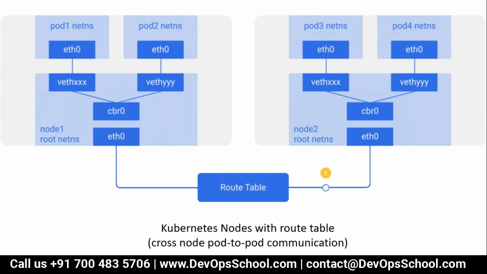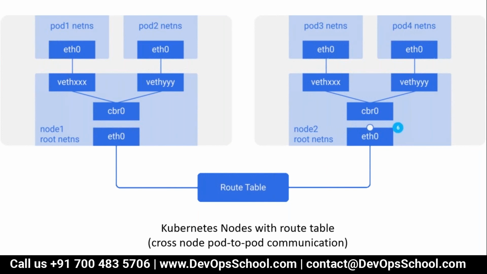Kube-proxy says, I don't know that IP address. So it sends it to ETH0, which is the host network. The host network sends it to the route table of the host network. The route table says, okay, I know that this IP address is in the CIDR range given to this node, so they'll send it to that particular node. From that node, it says, I don't know, I'll send it to the bridge. The bridge says, I know this IP address, and from there it redirects to that IP address. So this is how it works. By the way, there are so many models. This is one of the basic L2 models, just to make you comfortable with it.